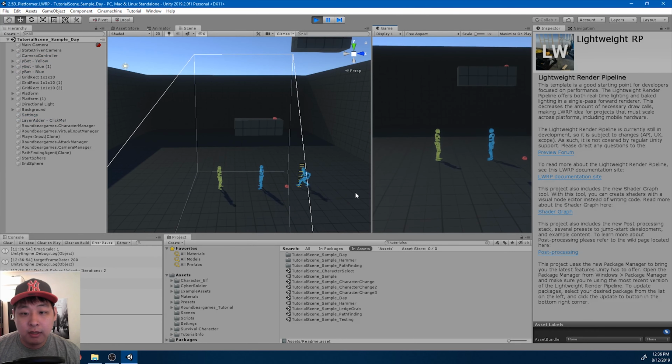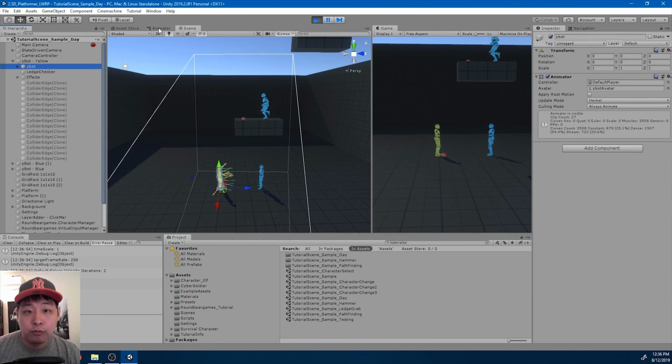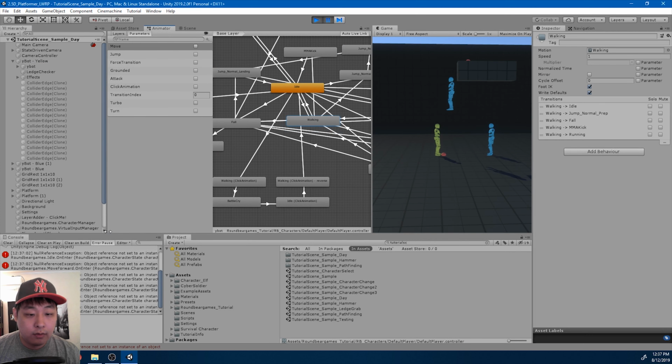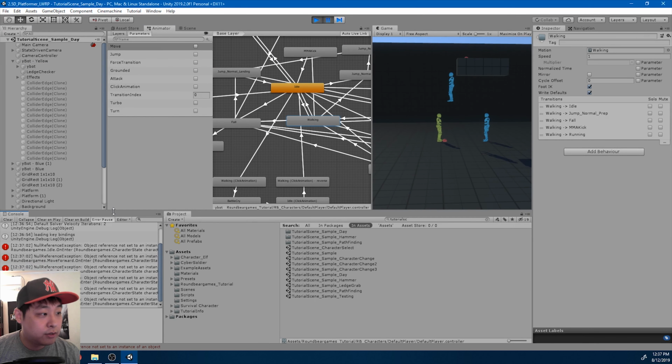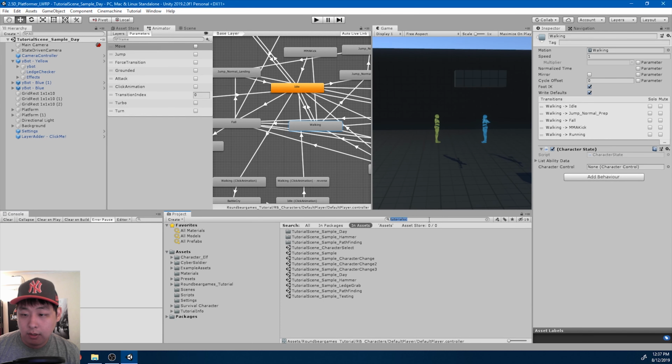I've realized from last night's update, if I move any of the states in the editor, we get an error message. I don't know the inner workings of Unity, but I'm guessing when you move these states in the editor, they get reinstantiated. So in order to fix this, I'm gonna go into the character state,